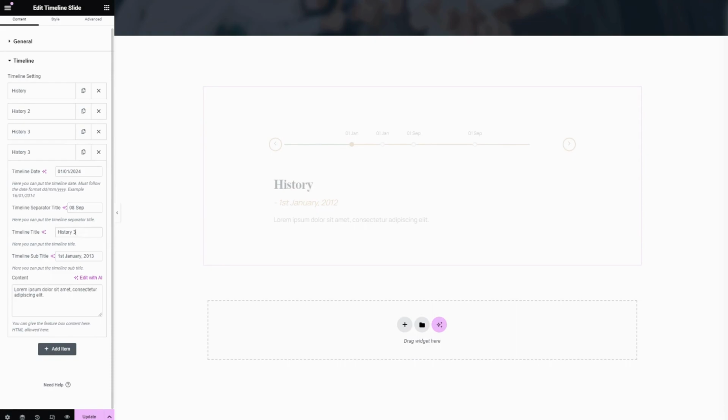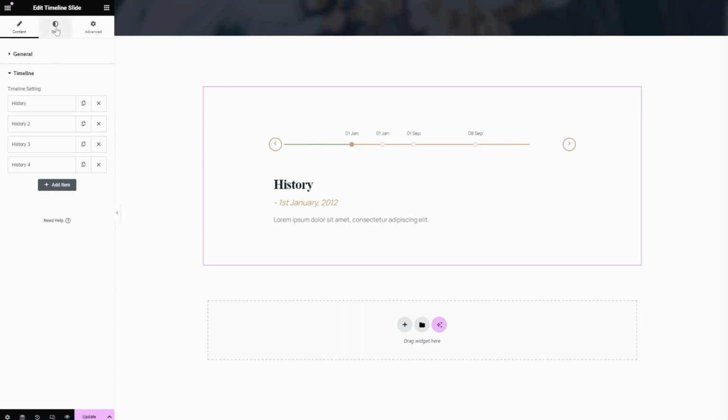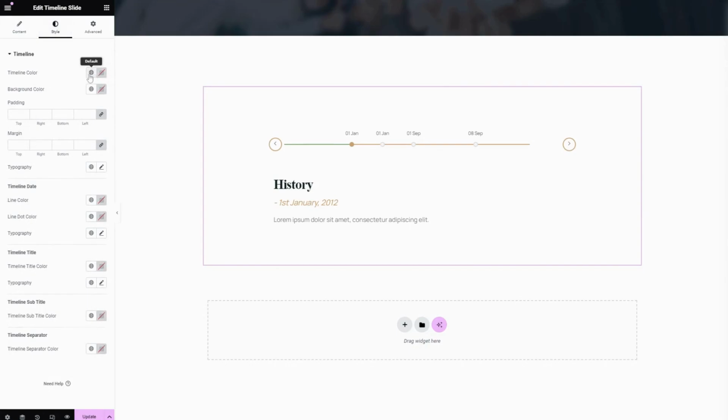and here you can change the timeline title and change the timeline subtitle, and here you can change the content of this item. Let's move on to the style area. Here you can change the timeline color,